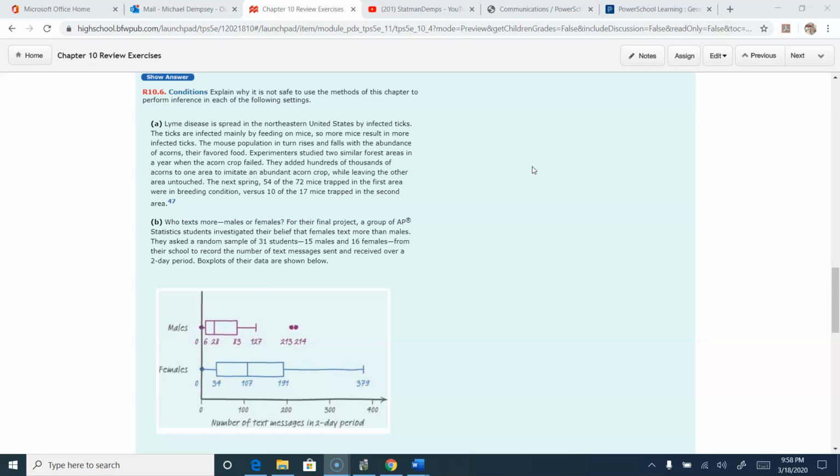So in the first one, we have the situation of this Lyme disease setting. They added hundreds of thousands of acorns to one area, and they leave the other one untouched. So what they find is that 54 out of 72 mice were trapped in the first area, and then 10 out of 17 mice trapped in the second area. So the violation here is definitely going to be on normality. They had two similar forest areas,